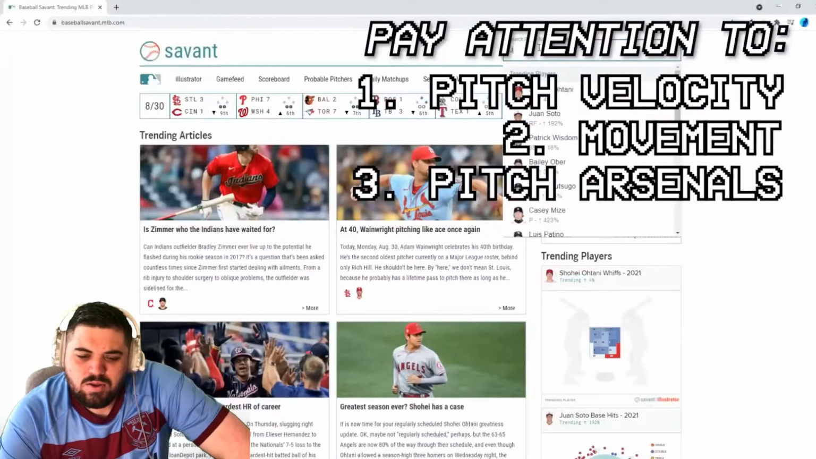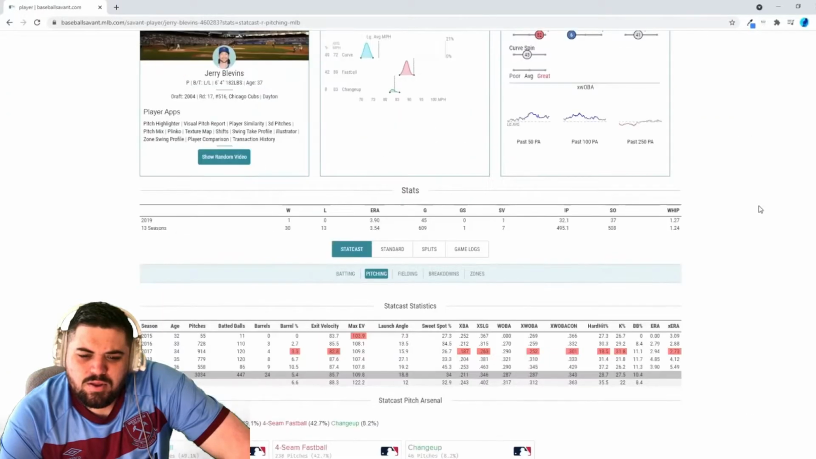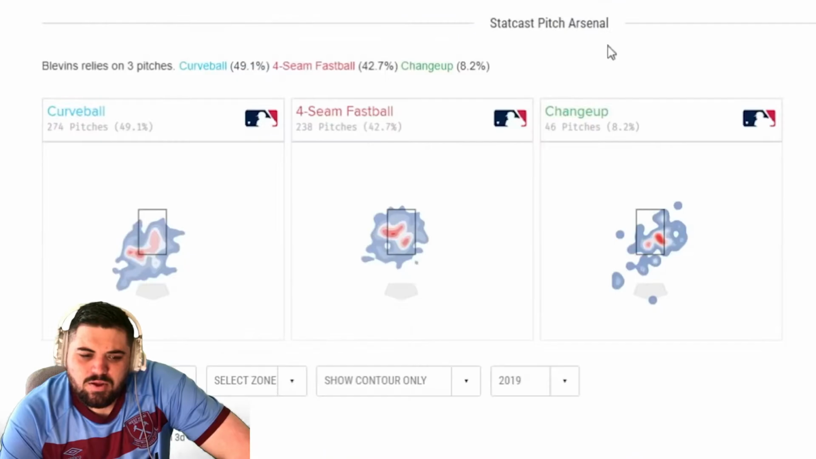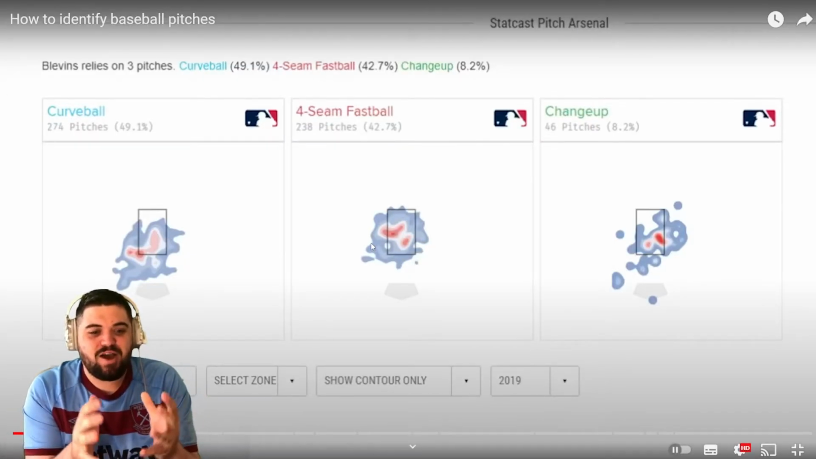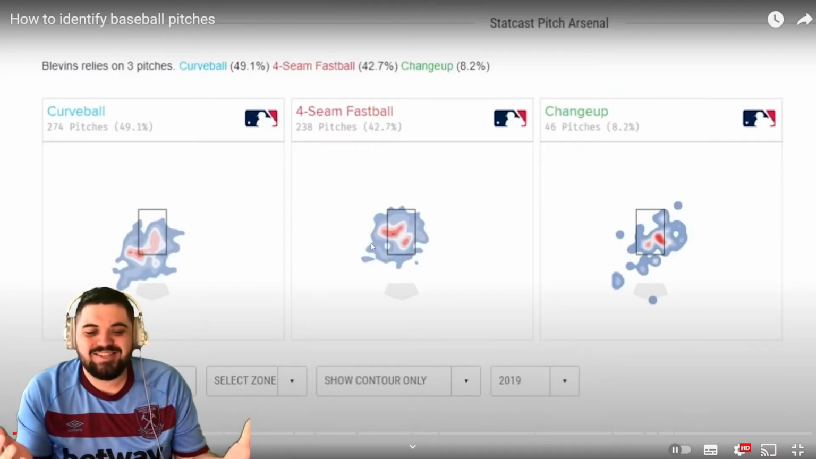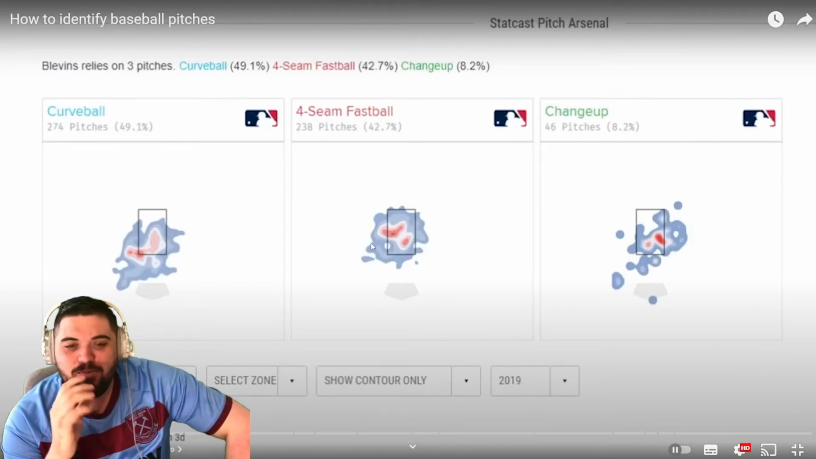of each individual pitcher. If you go to Baseball Savant, you can look up the various pitches that each pitcher throws. For example,